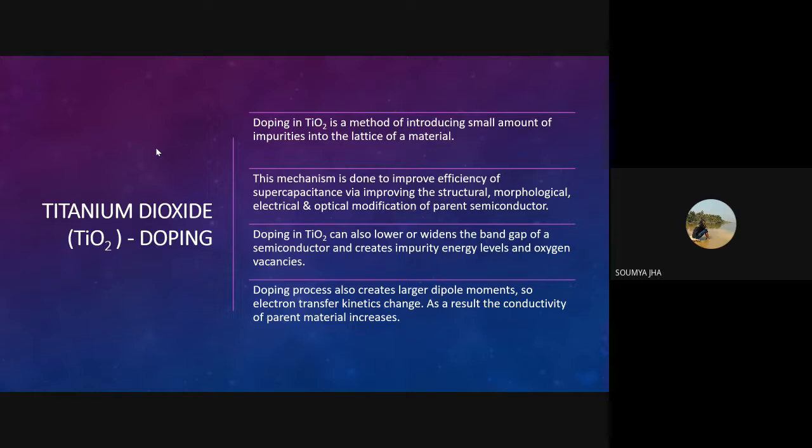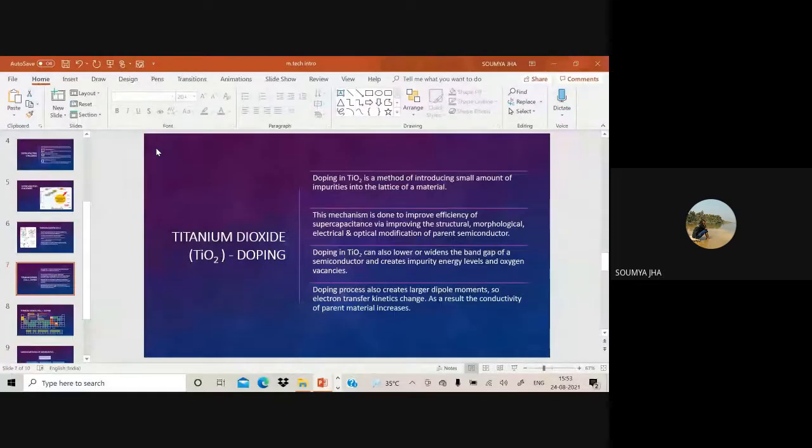By doping, we can also lower or widen the band gap of the semiconductor, and by doping it can also create impurity energy levels and oxygen vacancies. The doping process also creates a large dipole moment, so electron transfer kinetics can change, as a result of which the conductivity of the parent material can increase. So,